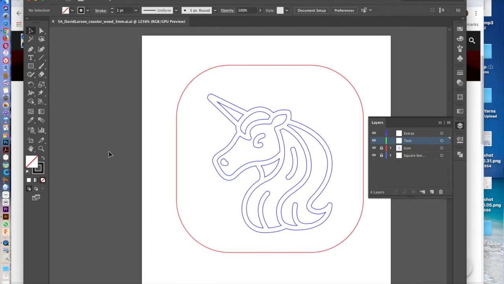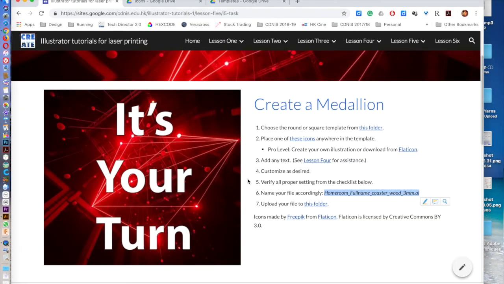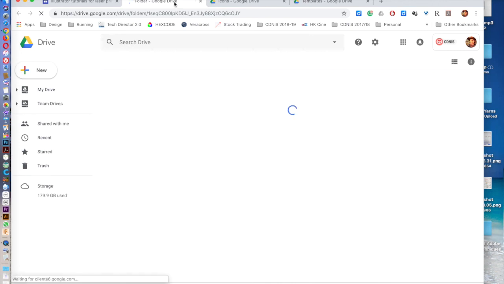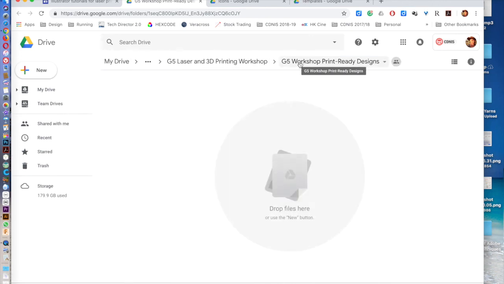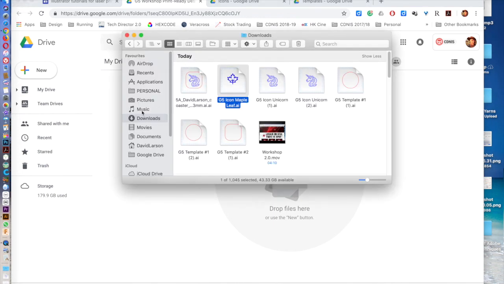Click through that, click OK. Back to my instructions, upload to this folder. Here's the folder. Grade 5 workshop ready. Workshop print ready designs. And all I do now is I go to my downloads,